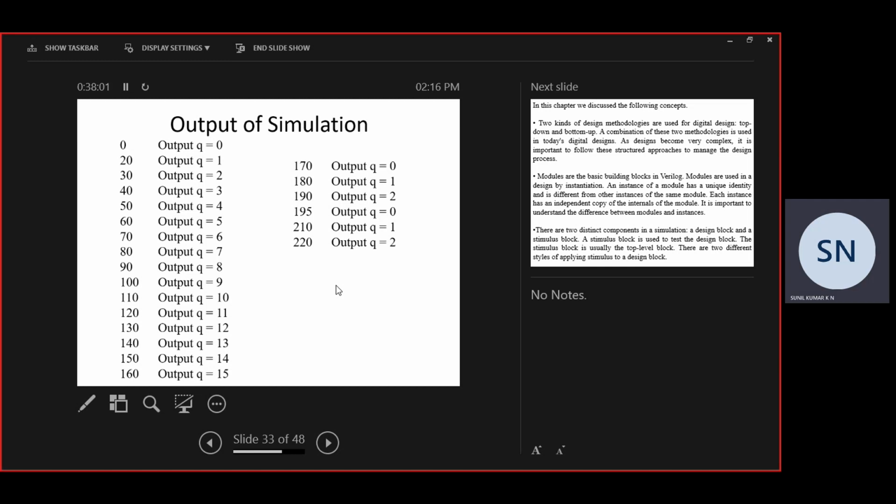Half adder. How many half adders do you need? One full adder using 2 half adders. So